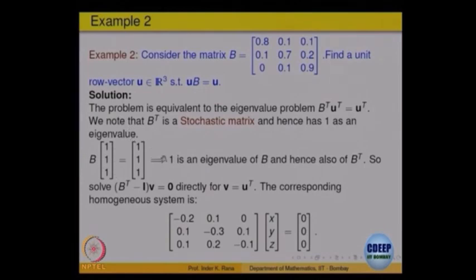Here is some observation which is not really important, but for this matrix, if you look at the transpose of this, what is the sum of the rows of this matrix? 0.8 plus 0.1 plus 0.1, that is 1. Sum of the rows is equal to 1. So, if you take the transpose, the sum of the columns is equal to 1. Such matrices are called stochastic matrices, whose columns each add up to 1. They basically arise in probability theory, statistics, statistical analysis, because the probabilities are distributed.